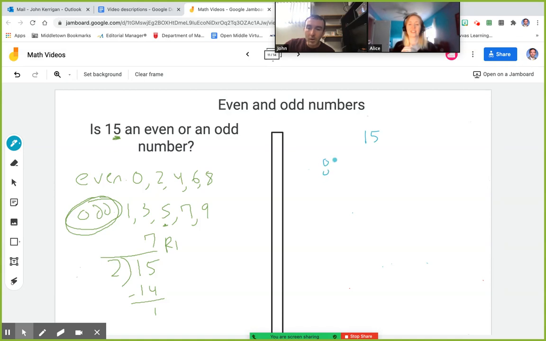So I can take 2 chips or blocks or whatever. Now I'm at 4. That's a doubles fact. Now I'm at 6. And these are all evens because each chip has one that's right under it. So if I go again, this would be 4 on the top, 4 on the bottom. That's a total of 8. So we are still even because we always have an even match. For every chip on the top, we have one on the bottom as well. And if I just continue with that,